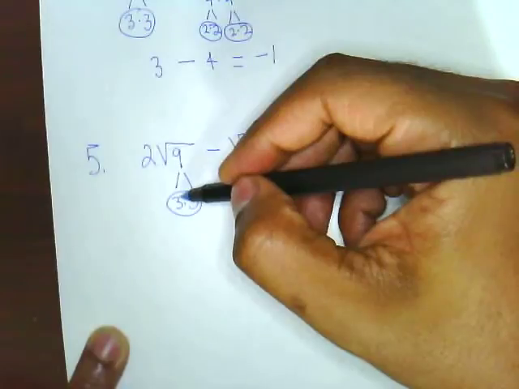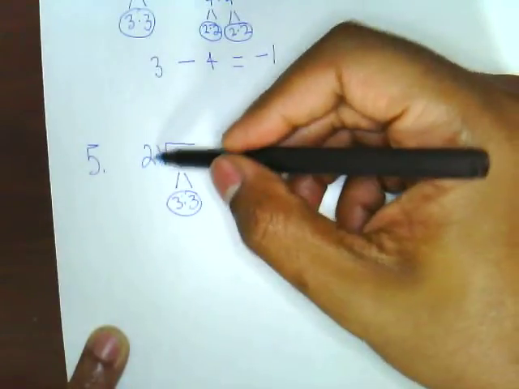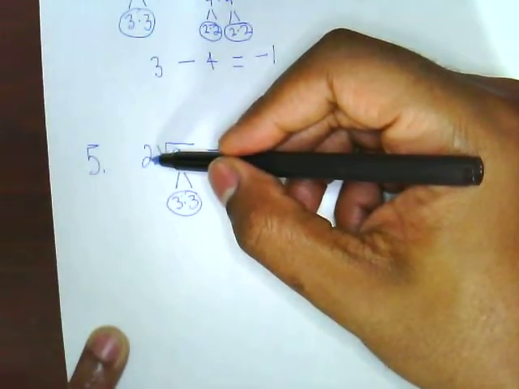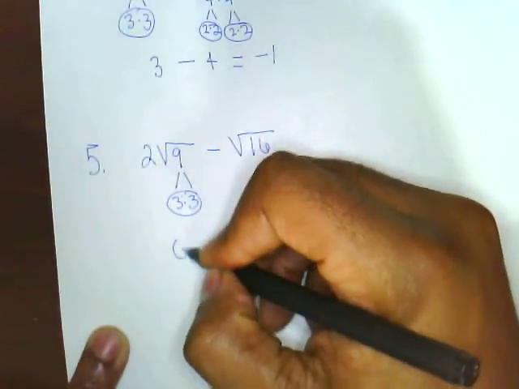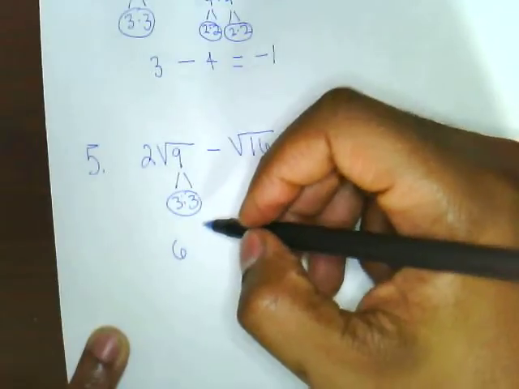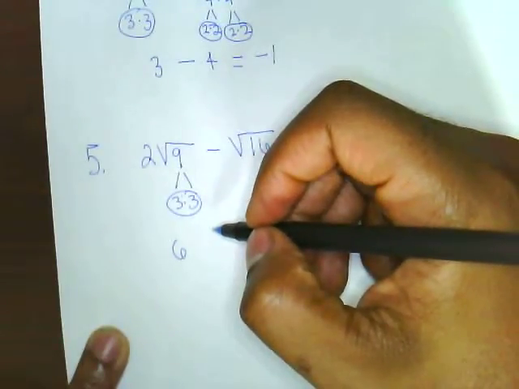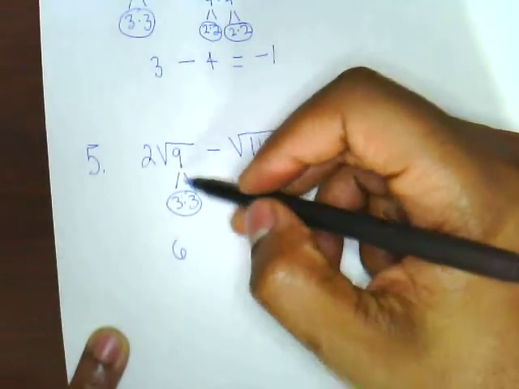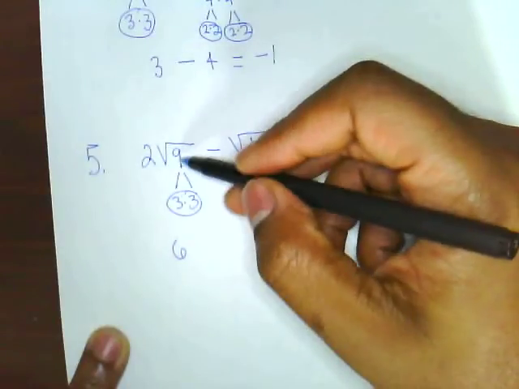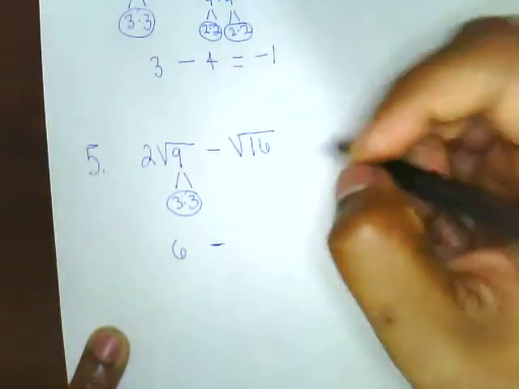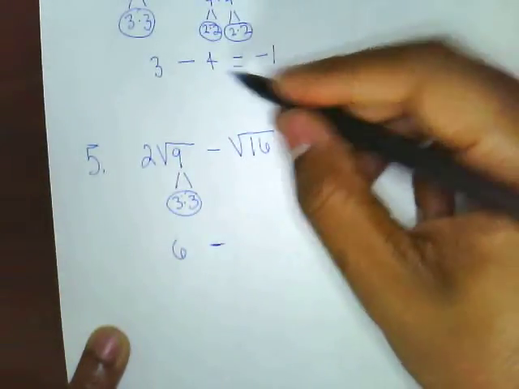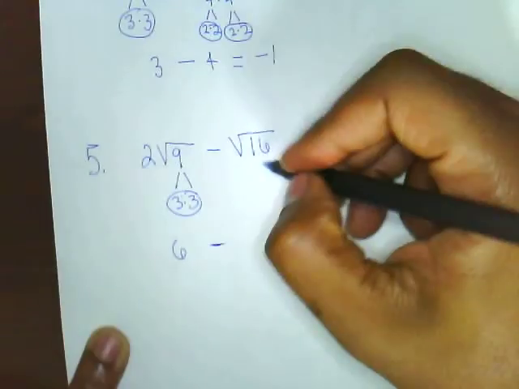So we have a 3 that goes on the outside, but we already have something on the inside. What do we do? Correct. Multiply. That equals 6. Now, is it radical 6? No, it is not, because there's nothing that can go under the radical. So it's simply 6. Minus